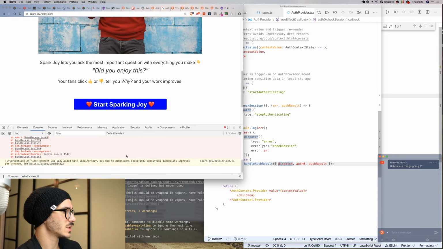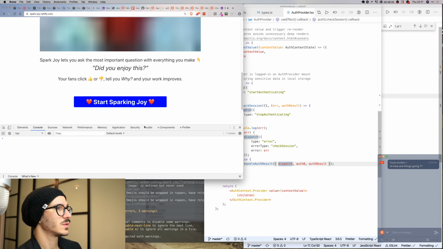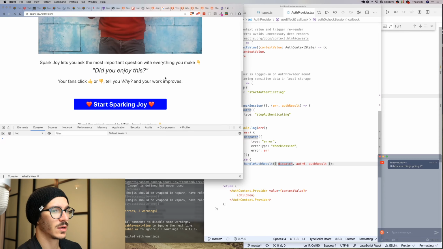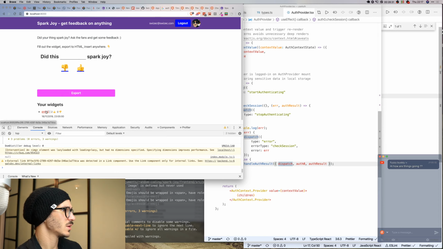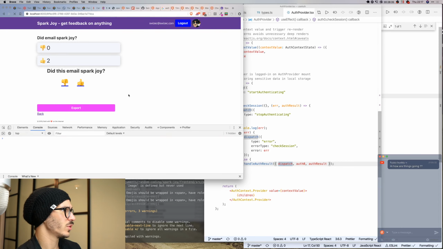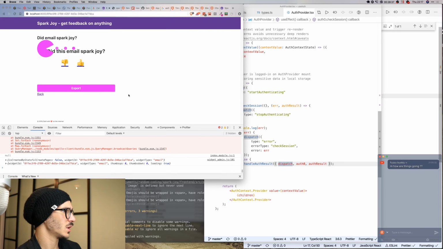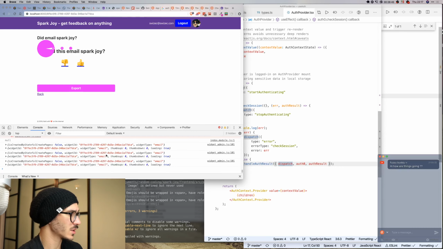Oh, so this is still kicking me out. Response not successful. So why is this still kicking me out? It works now on localhost. I think it works on localhost, right? If I click on email, that loads, and I can reload the page, and I mean, this part doesn't work, so that's something I do need to fix, but at least it's not kicking me out,